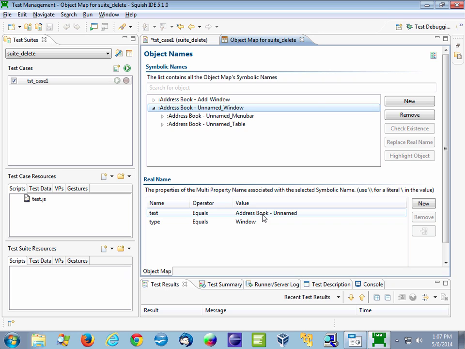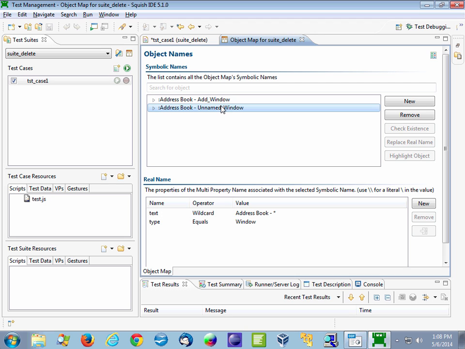Now, you also have the ability to, here you can see this is set to a constant, equals. As I name my address book a different name, this object's text changes. So if I want to accommodate that, I may want to use a wildcard or a regular expression to work with my object, instead of using a constant. By simply changing it to wildcard, changing this to an asterisk, and saving my object map, I now have made a change so that without changing the symbolic name, which I have the option to do if I'd like,